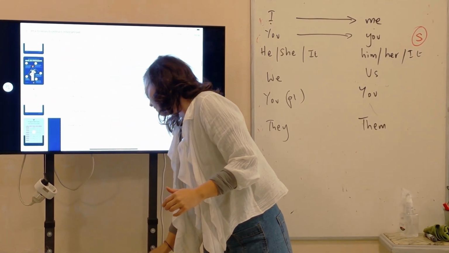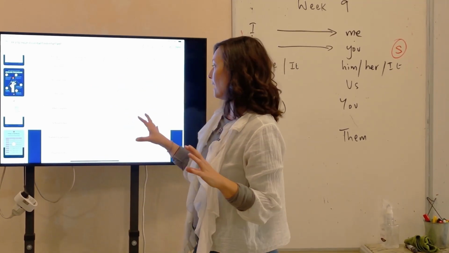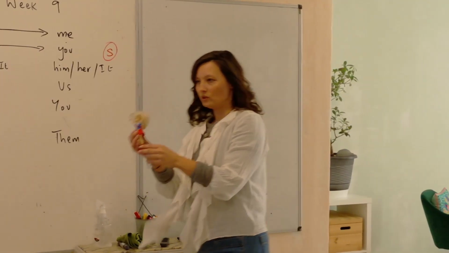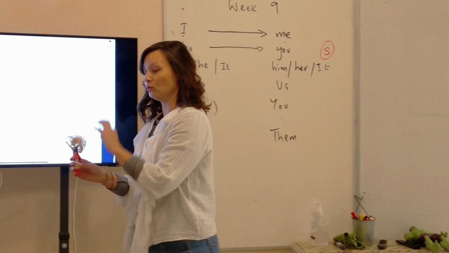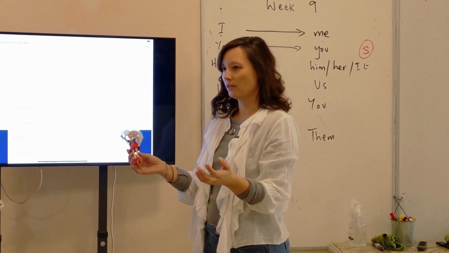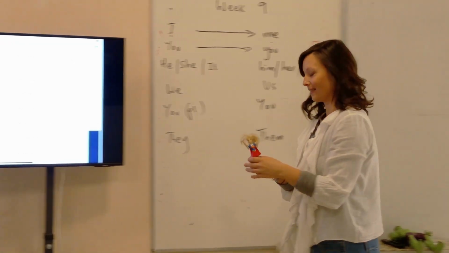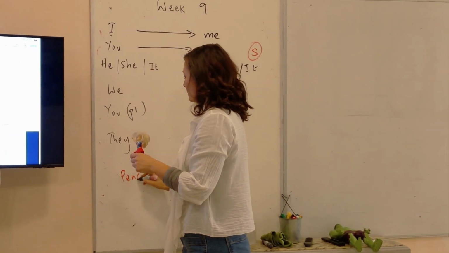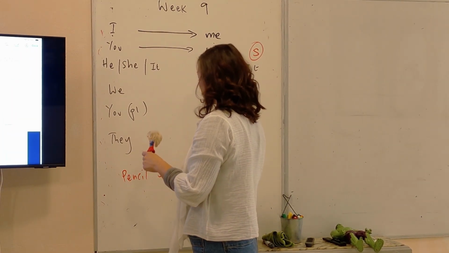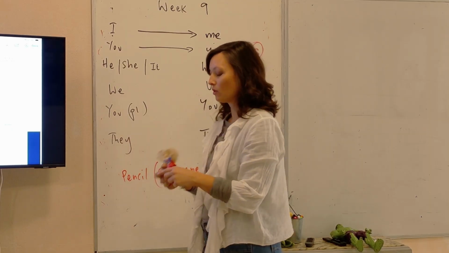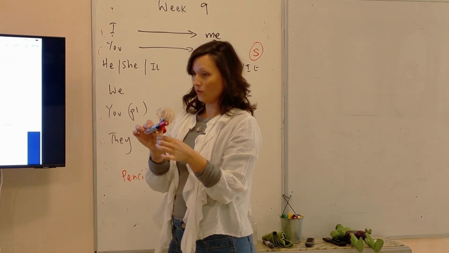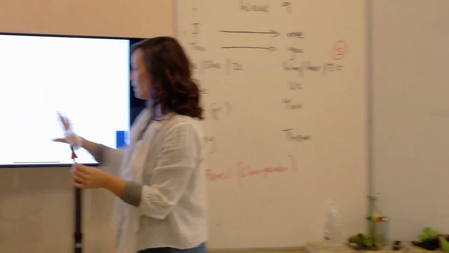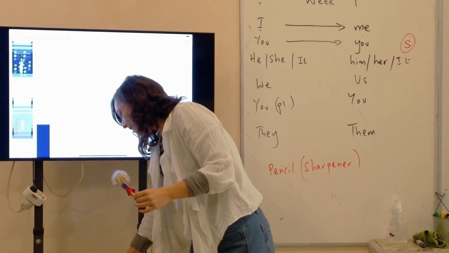Here, you have an opportunity to practice the pronouns in different contexts. If I say, for example, sus sacapuntas, en plan, el sacapuntas de ella, how would you say that in English? Se supone que conoces la palabra sacapuntas. Sacapuntas is pencil sharpener. Or you can just use sharpener, okay? Pencil sharpener. How would you say su? Her. Okay? Her pencil sharpener. So I gave you these very small little things to use all these different pronouns in their context.